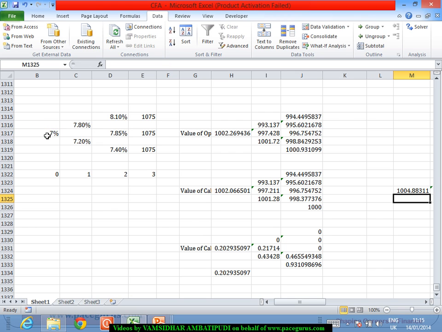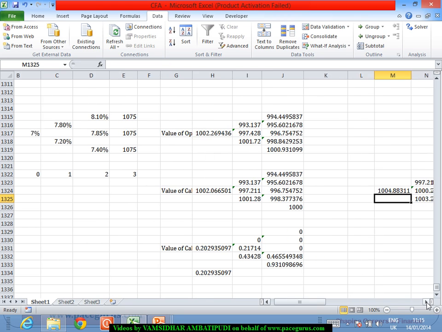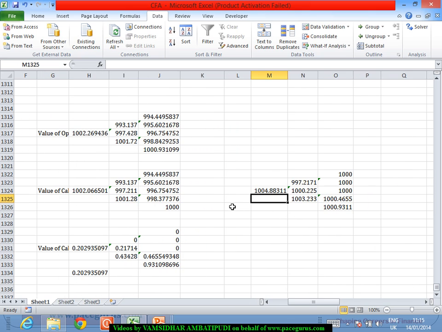So this is giving me around 1004, which should be the value of the puttable bond. So this I call the value of the puttable bond. And now when I have to look at only the value of the put option,